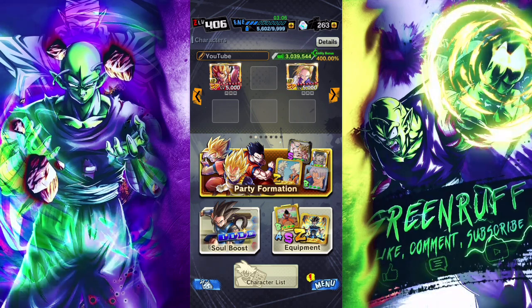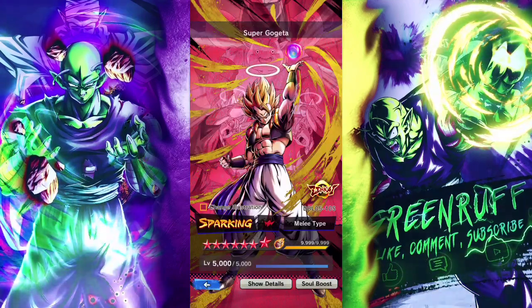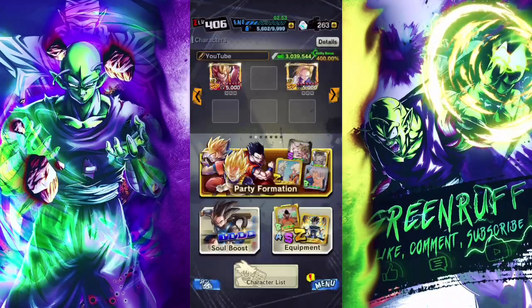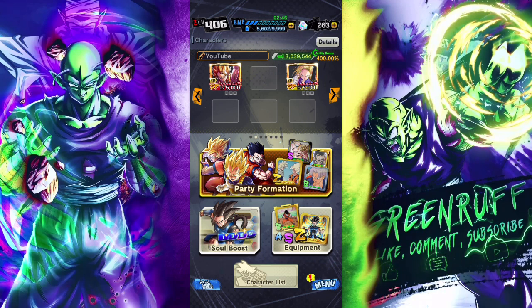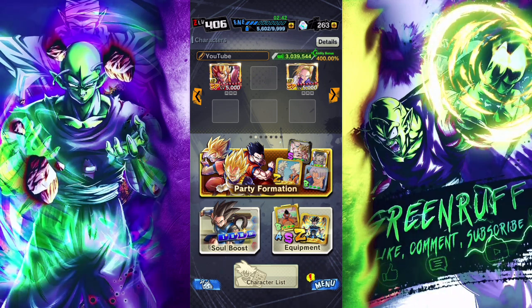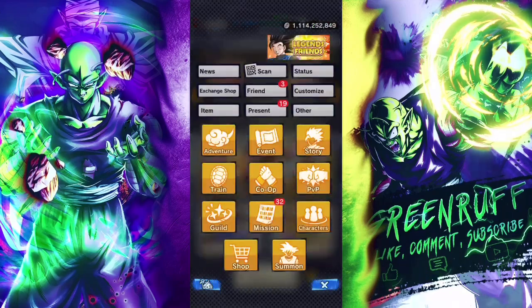Today, man, I kind of want to talk about, in my opinion, I think you guys should honestly focus on trying to Zenkai 7, either this Super Gogeta or Zenkai 18, before you summon on the Majin Despair, or even put more crystals into the Majin Despair banner. The reason why for this is